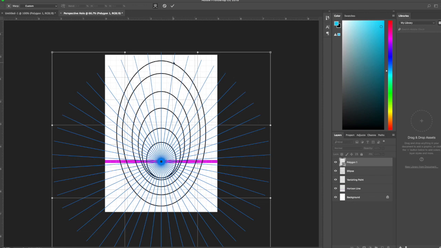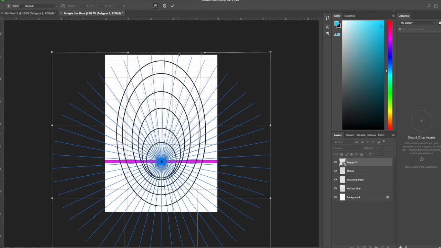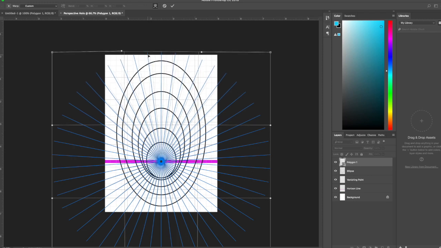So what I'm going to do is this one here, I want to keep this one as straight as I can because this is where our line of symmetry is. But this one here, I can curve out a little bit just like that. But notice that vanishing point is getting a little bit off the center. So what you need to do is make sure that the line on the opposite side, you curve out as well. So use the grid to help you